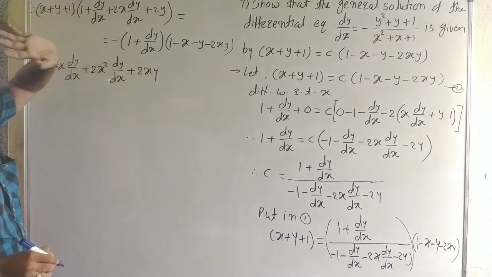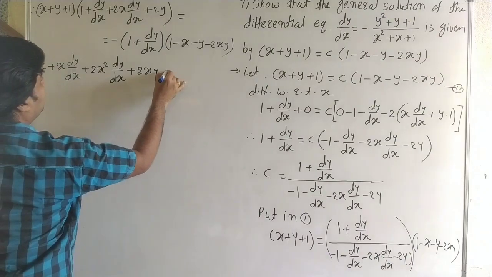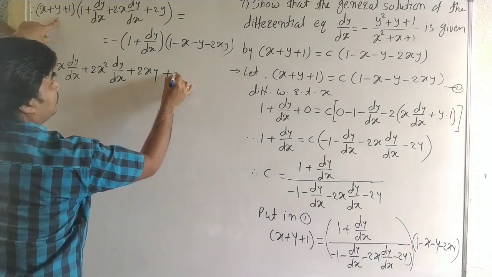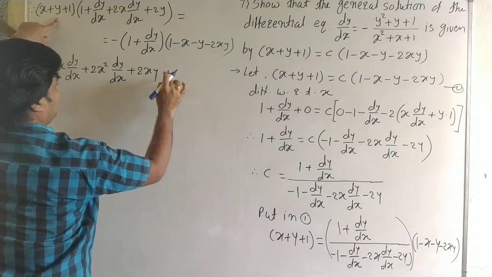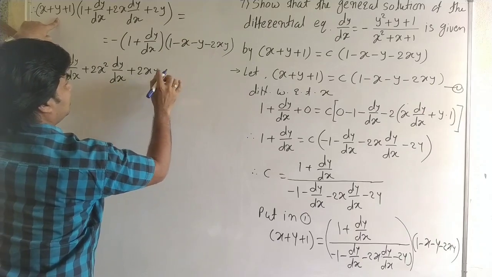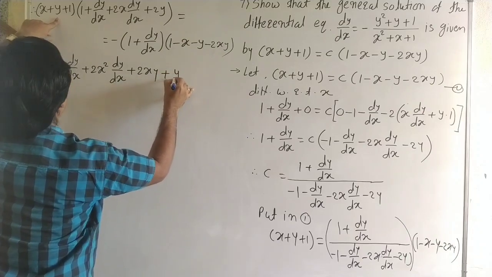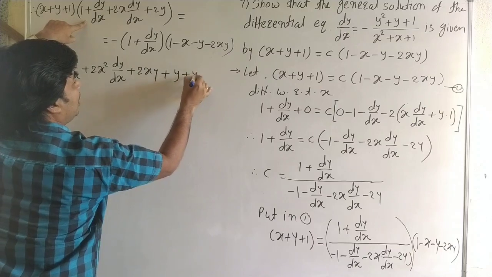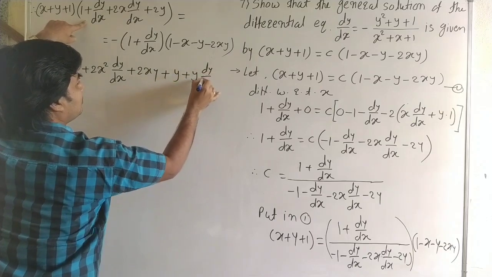When we multiply by x, then again multiply by y, it is y plus y dy by dx